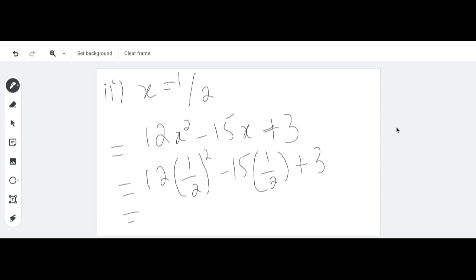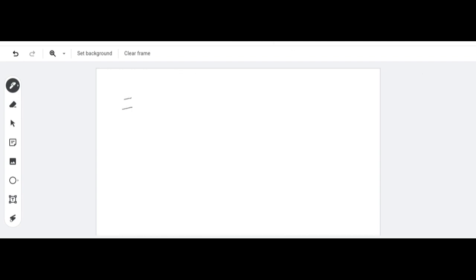Yes, 12 here. I have to solve this first. I have to remove the square first. Then 1 square is 1 and 2 square means 4. Then 15 will multiply inside the bracket, it will become 15 by 2. So why is it not 12 by 2? 12 is also multiplying, because I just first solved the square. In the next step, I will put 12 inside it. It will look like this.